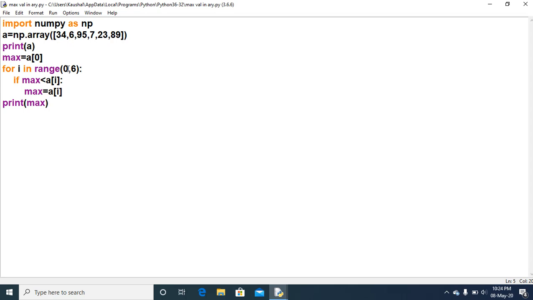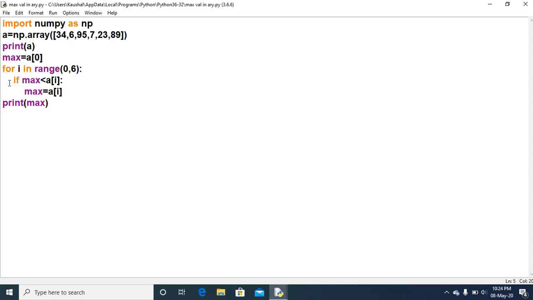So 0 to 5 is 6 times, because there are 6 elements. That is why we have taken the range function as 0, 6. 6 times this loop will execute. If it were 0 to 6, it would be 7 times.